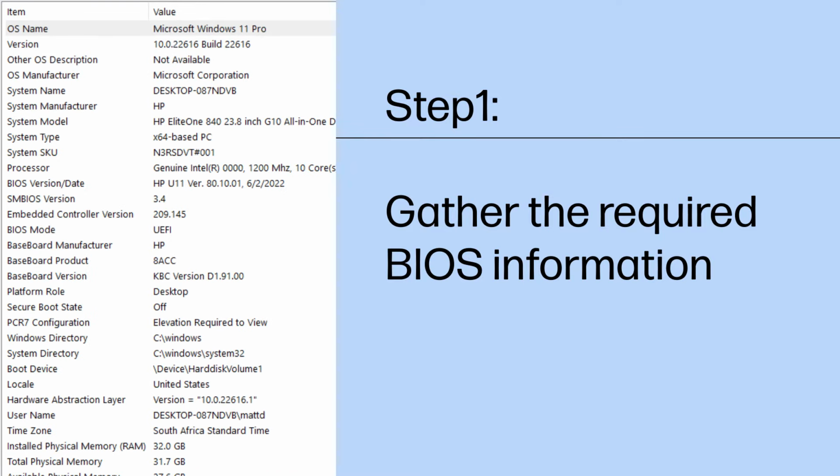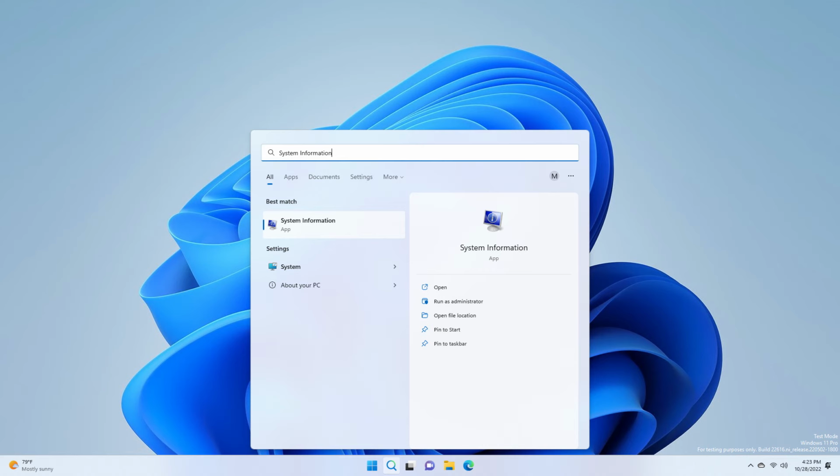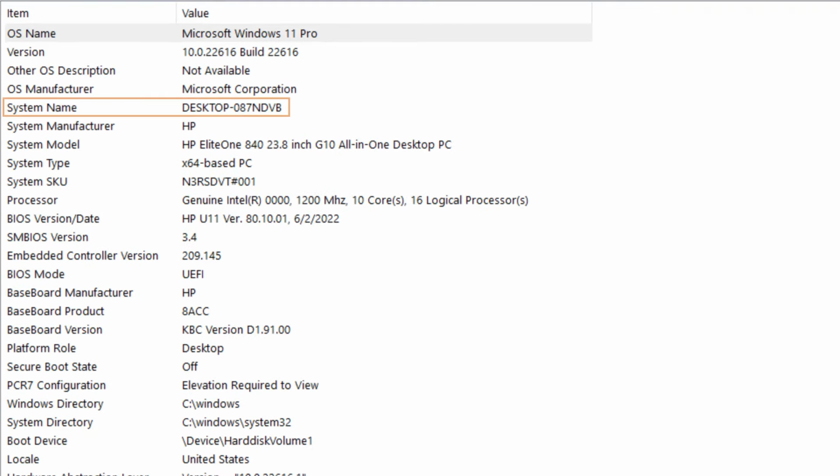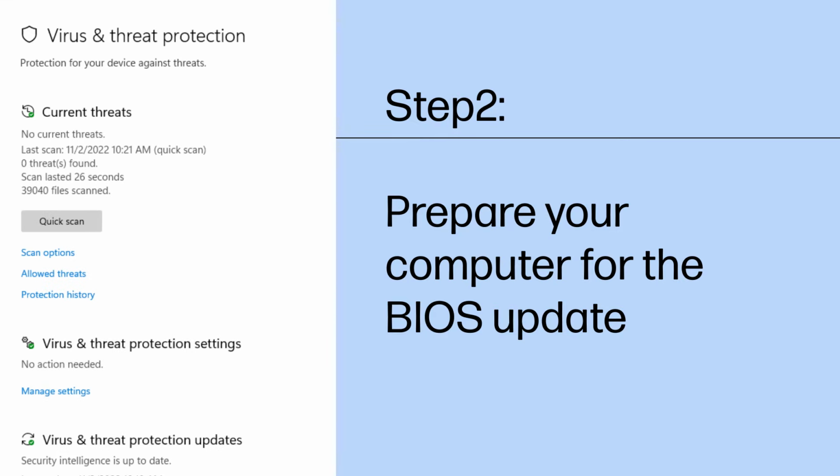To manually install BIOS updates, first, gather the required BIOS information for your computer. In Windows, search for and open System Information. Write down the system name, motherboard ID or baseboard ID, BIOS version, and processor name. To prevent possible problems, close any open applications and temporarily disable antivirus software and BitLocker before updating